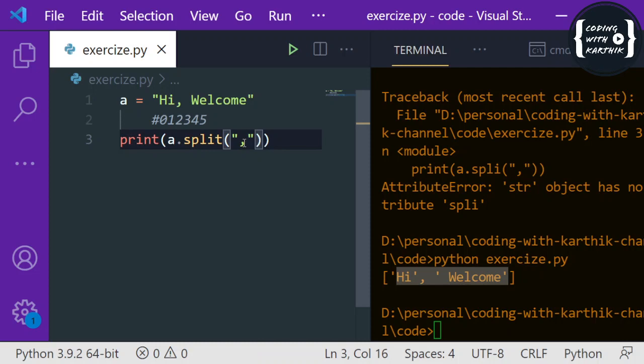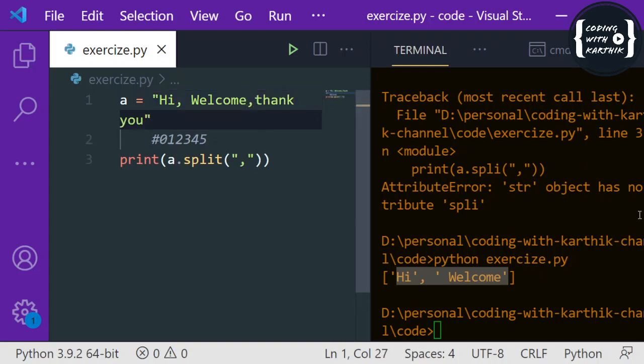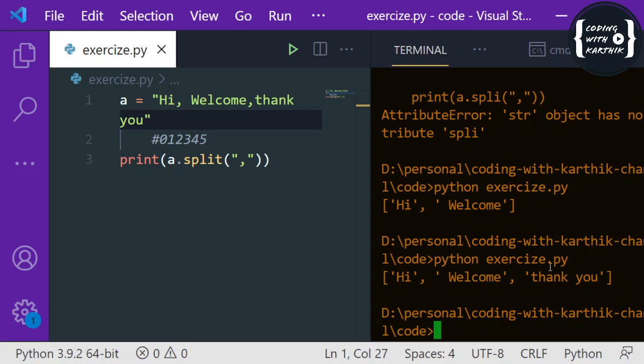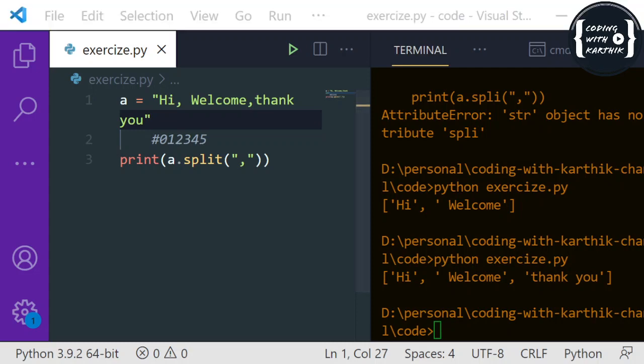I have given a comma, so it is splitting the string at the comma. If you have one more comma and you split this, you can see that we have three words, and again we get three elements. So basically it is returning a list with the string split based on the specified character. Okay, so this is how the split() method works.